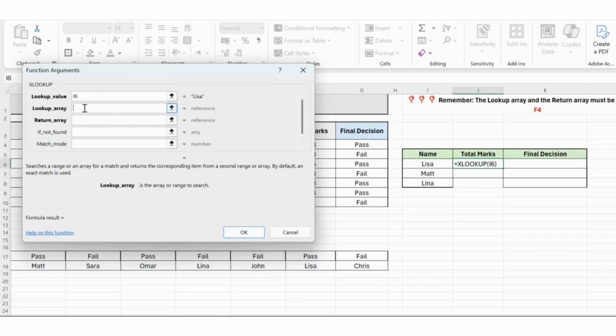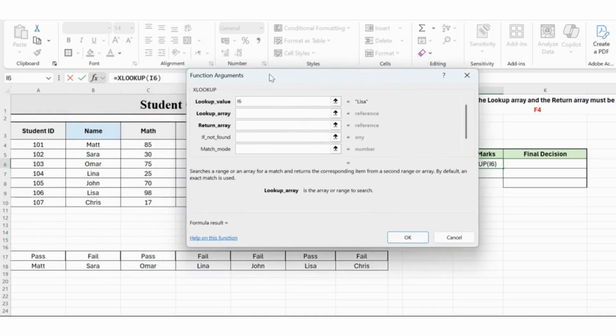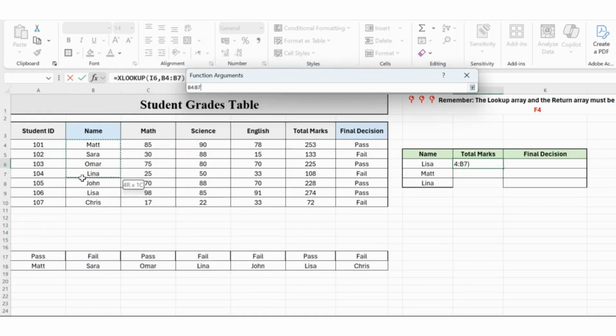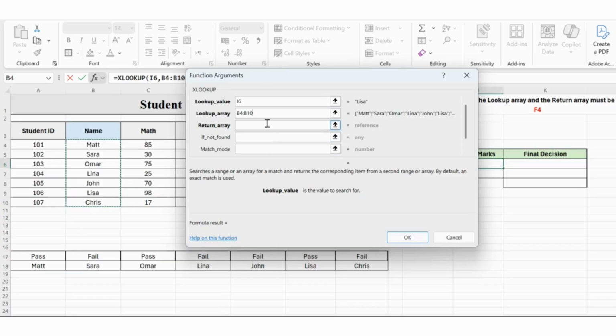of data. It is also helpful to keep in mind that proper data organization will improve performance, so arranging your lookup and return arrays in clear, consistent rows or columns will make your XLOOKUP formulas easier to read and